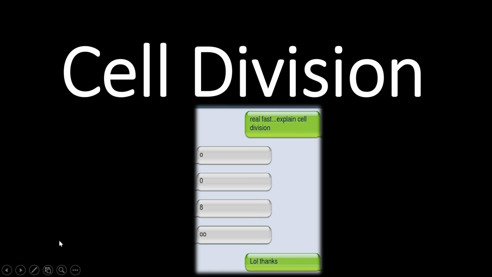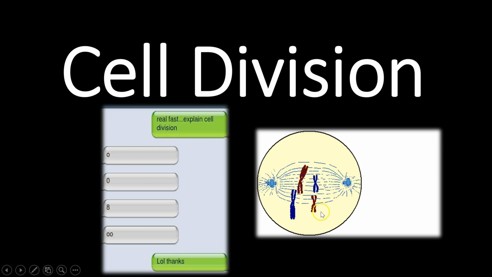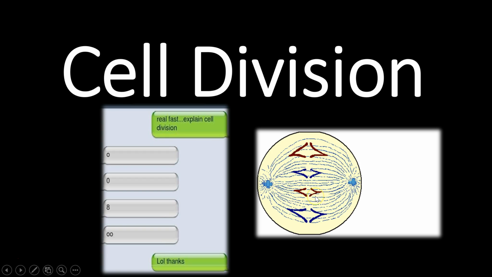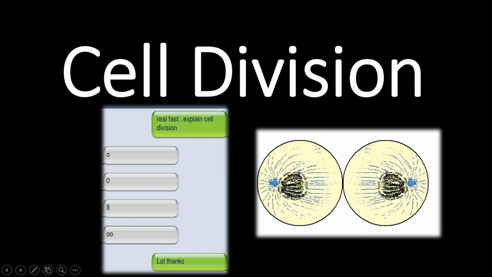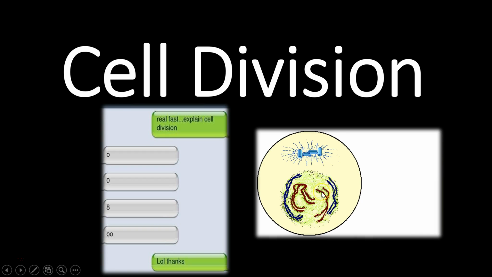Today we're talking about cell division, aka mitosis. If somebody were to ask you what cell division is, real quick, it might look something like this. But it's actually far more complex. When we look at cell division, we have our cell in interphase, we see the chromosomes form, they line up in the middle, and they're pulled apart until we get two different cells, and the cycle happens again.